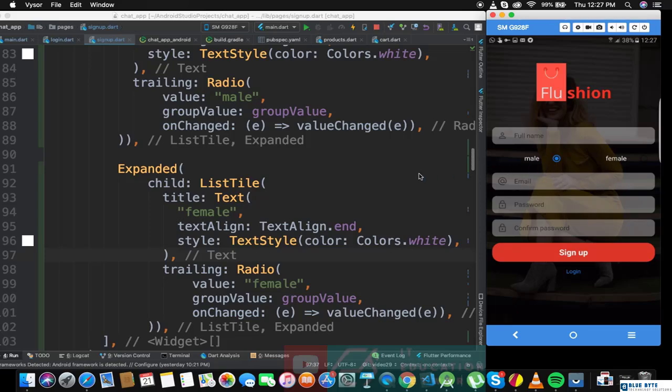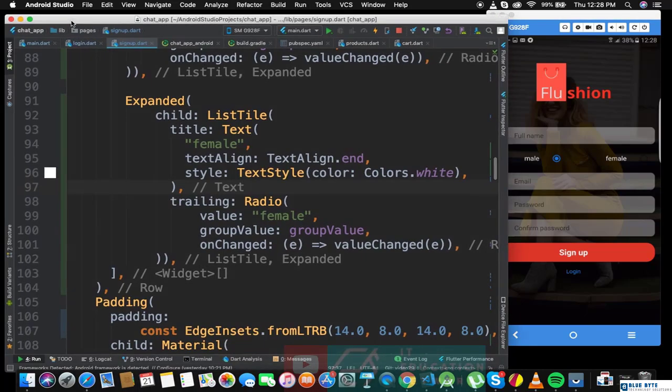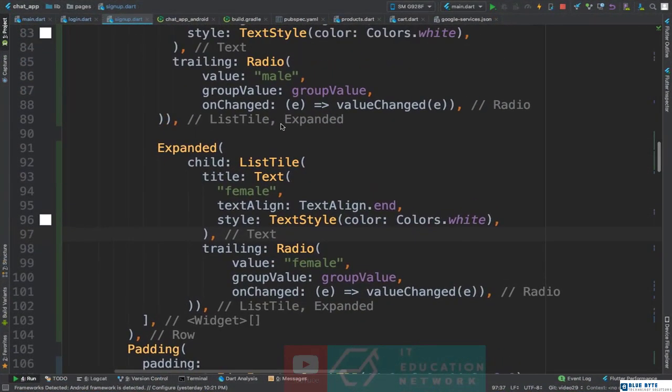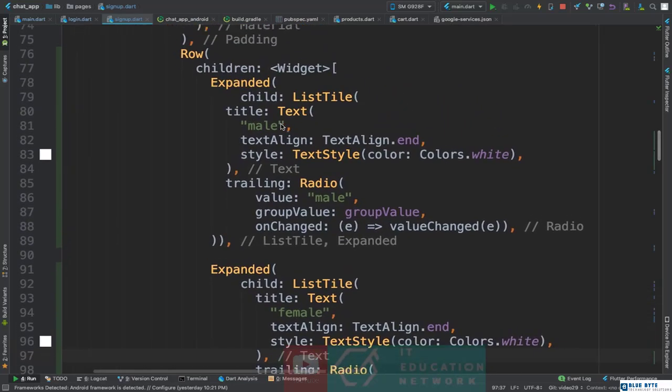But this is not quite visible. So what we can do here is to, I'm sorry for the background noise again. Okay, what we can do here is